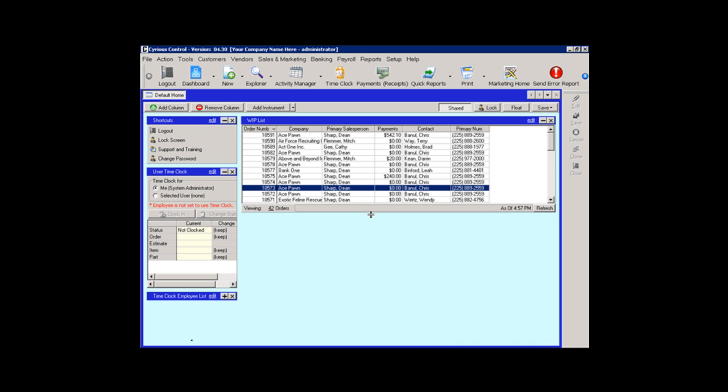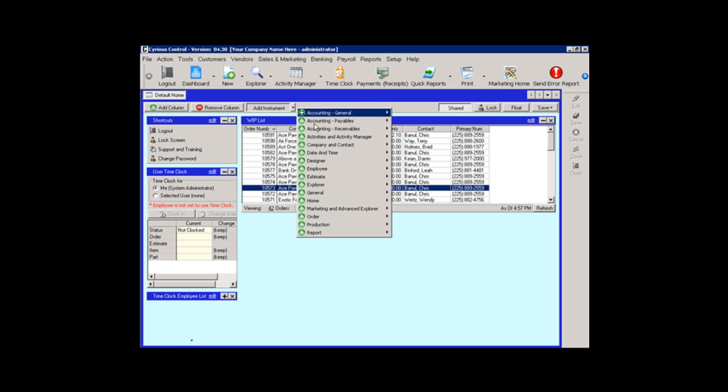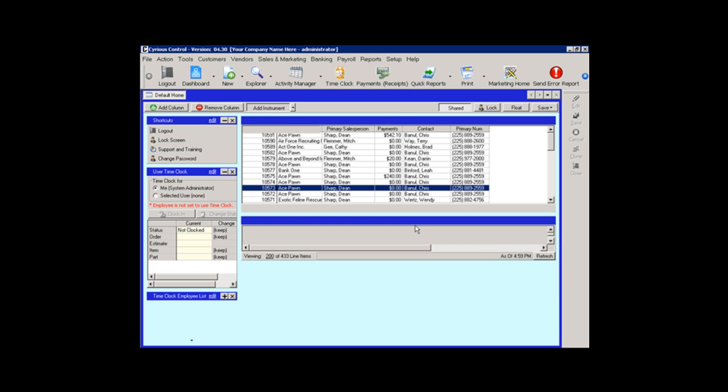Now I can as well add in another instrument, because right now we only see those orders. We don't see any kind of line item detail or the products associated with those orders. We can create or add in another instrument. So we want to go back to our Explorer screen. We want to click on our Line Item Explorer. And of course right now it's going to pull up all line items in the system, just like the Order Explorer did. Want to click on our edit button again,